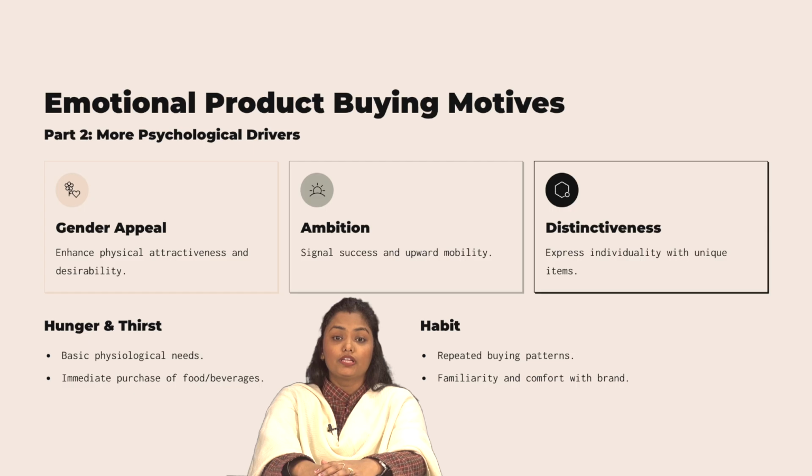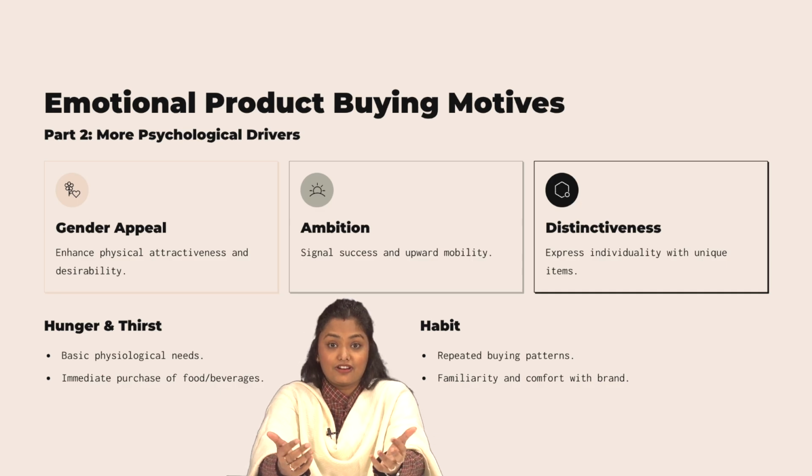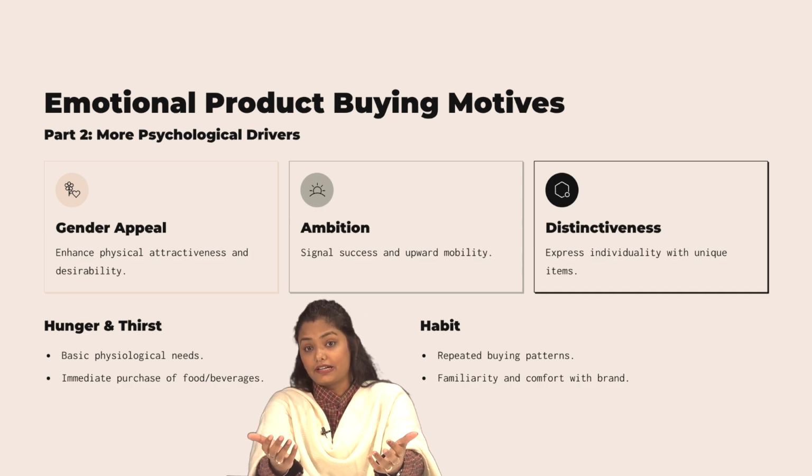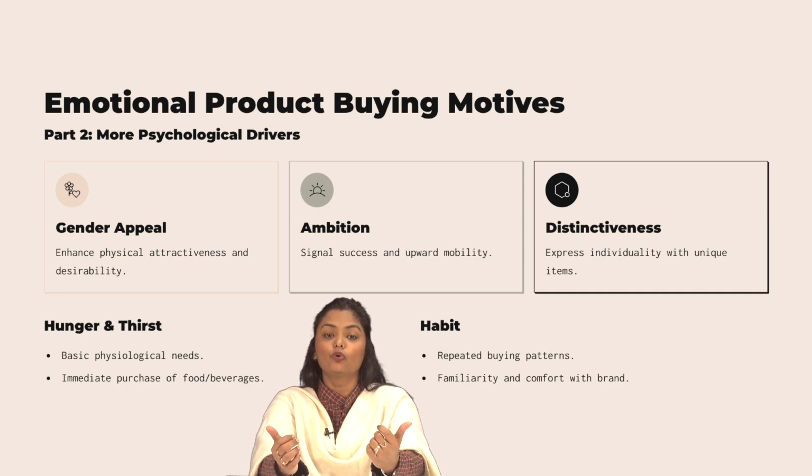Let's continue with emotional motives. We have sex appeal, where buyers use products to be attractive to the opposite sex, which drives the cosmetics and fashion industries. Next is ambition. This is the desire to achieve a defined goal. For example, someone pursuing education through correspondence courses because they lack the facility for regular college is driven by the